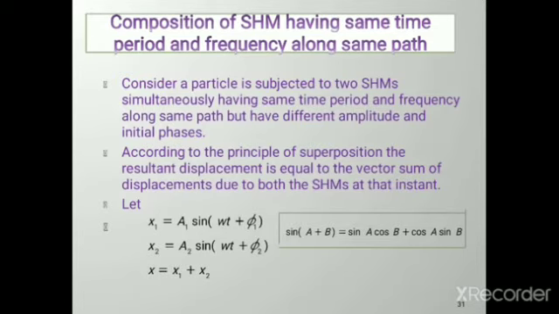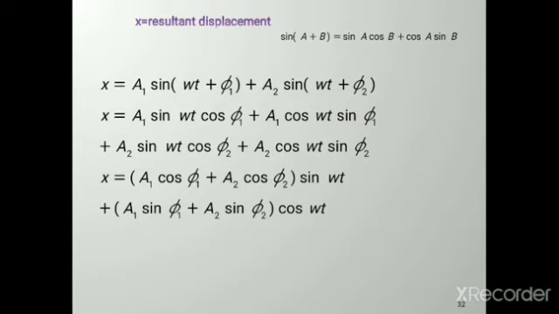By the principle of superposition of waves, the resultant displacement is x1 plus x2. So you can add these two equations. The resultant displacement is x is equal to a1 sin(omega t plus phi 1) plus a2 sin(omega t plus phi 2). Now you can expand the brackets of sin(omega t plus phi 1) and sin(omega t plus phi 2) by using the formula of sin(A plus B). You know that sin(A plus B) is equal to sin A cos B plus cos A sin B. So in the same way, you have to expand the brackets, use the formula.